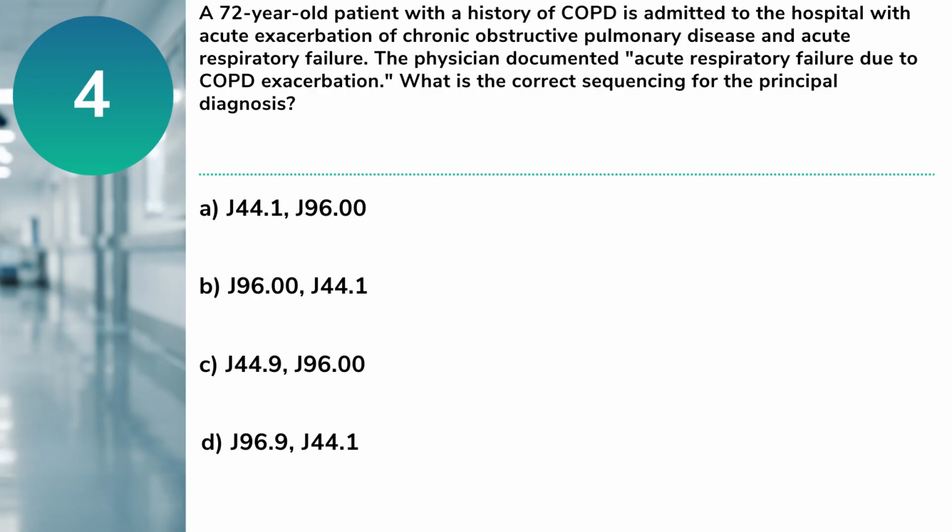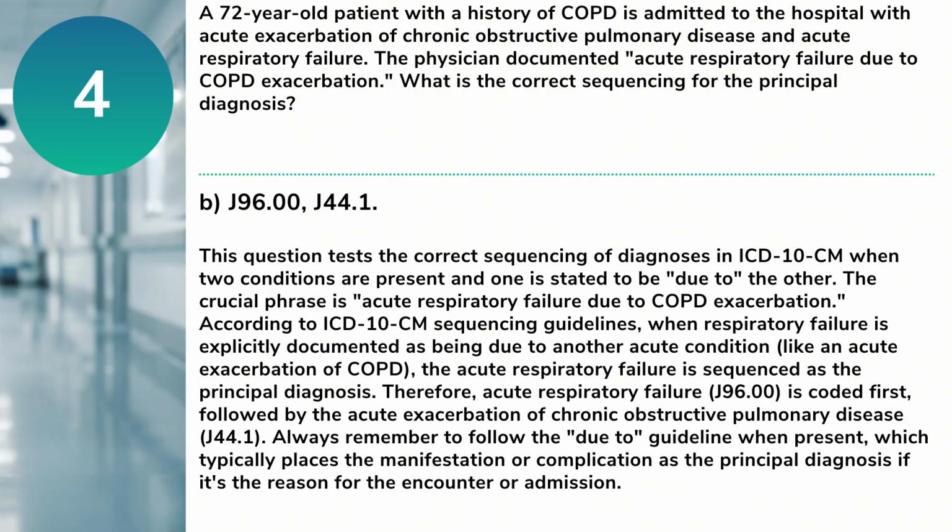A. J44.1, J96.00. B. J96.00, J44.1. C. J44.9, J96.00. D. J96.9, J44.1. Answer: B. J96.00, J44.1. This question tests the correct sequencing of diagnoses in ICD-10-CM when two conditions are present and one is